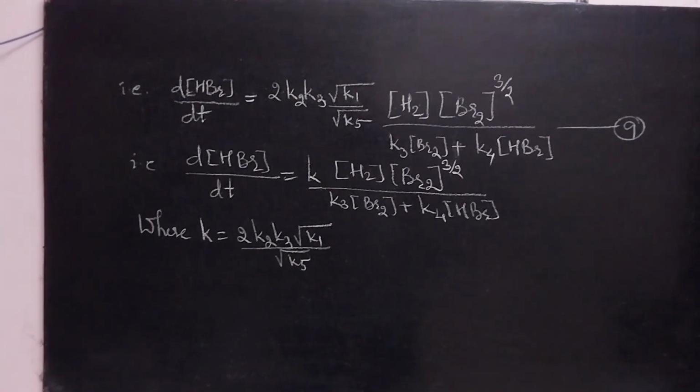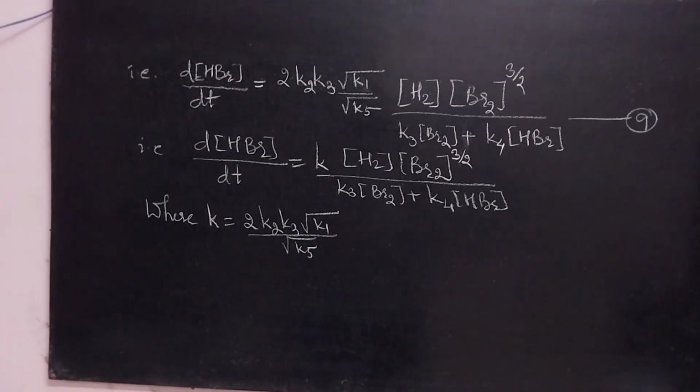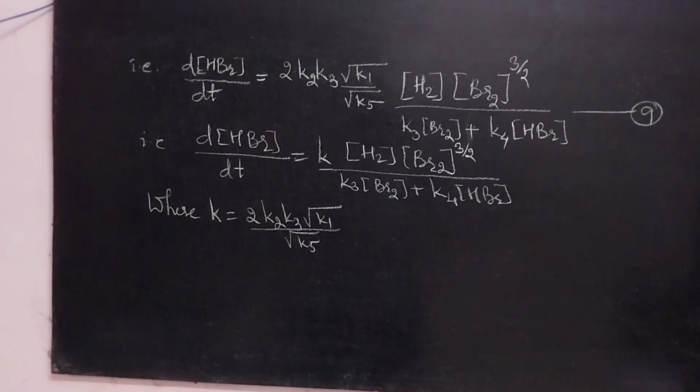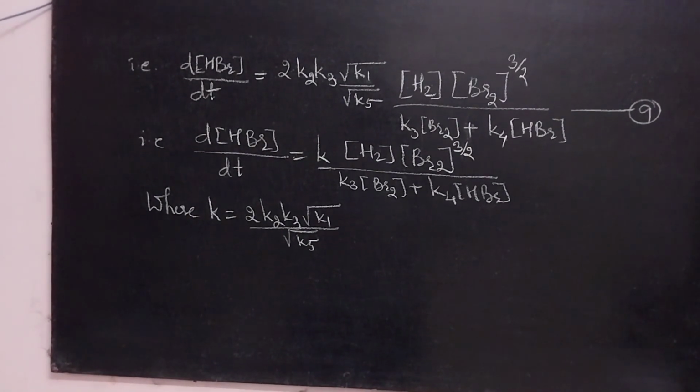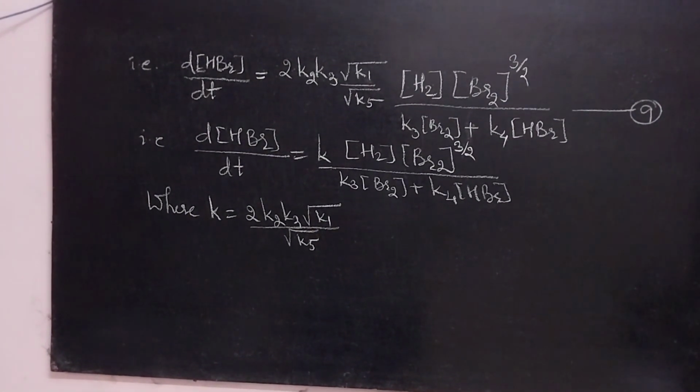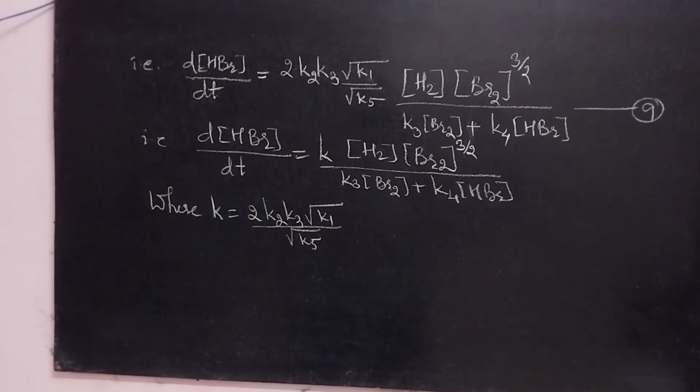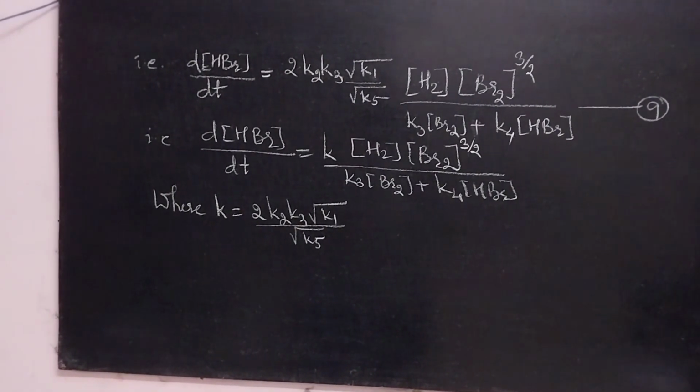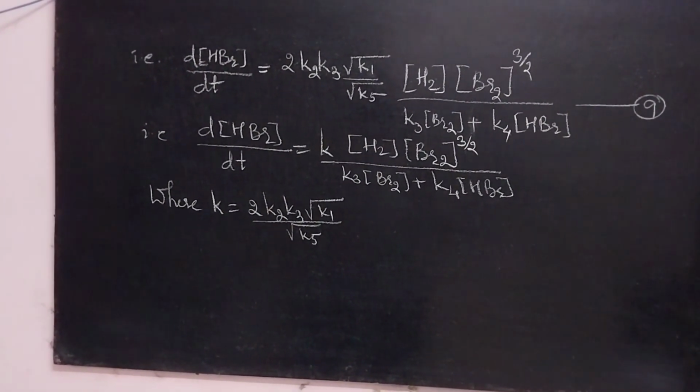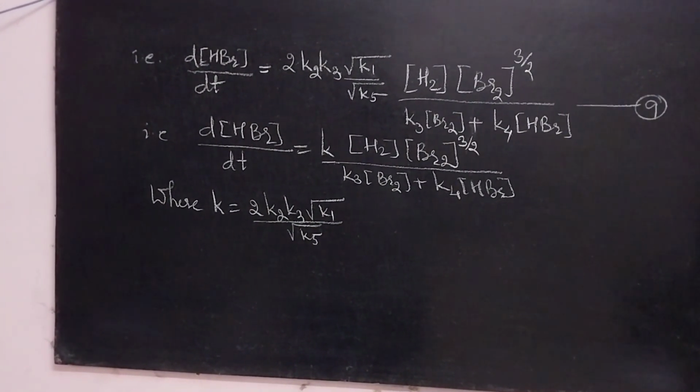The same may be written as dHBr divided by dt equal to K into H2 into Br2 raised to 3 by 2 divided by K3 Br2 plus K4 HBr, where K may be taken as the constant, that is 2